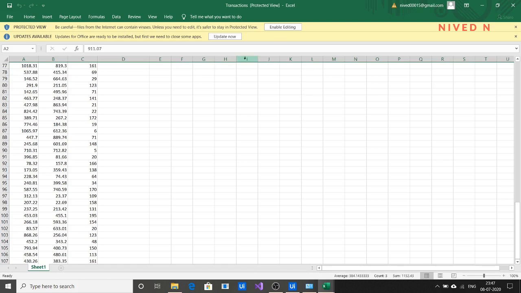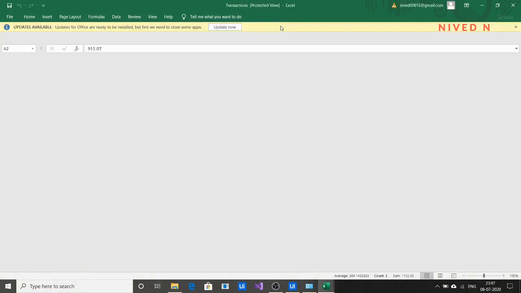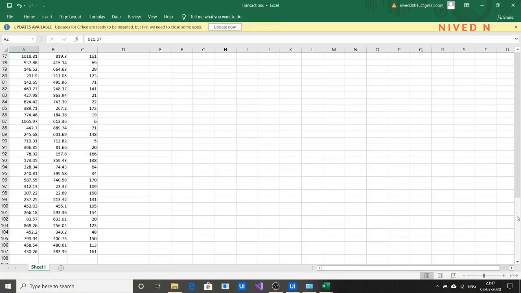Otherwise it will not be able to assign it. You can see there are around 107 transactions here, but when it reaches 108 there is no transaction data, so it assigns nothing and that marks the end of the process.